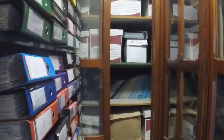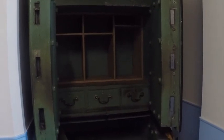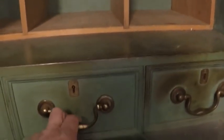valuable items. So across the corridor is the boys' toilets, and the boys' toilets was the butler's room during the 1860s. And one of the original features that still remains in the toilets is the gun cabinet, and you can see that it's opened up here. It's usually shut, and in here was kept all the ammunition. In these drawers here was where the ammunition for the cartridges and so on for the shotguns would have been kept, and the guns would have been kept in here